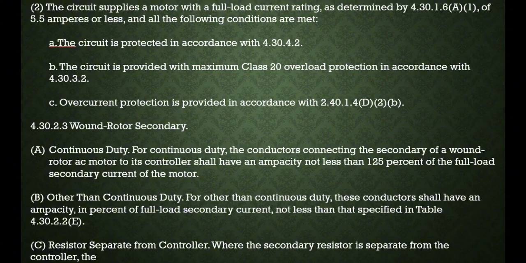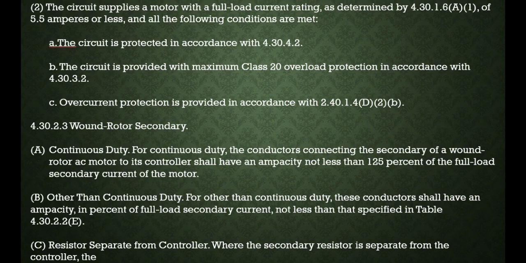And for motors with a full load current of 5.5 amps or less, circuits using 1.25 mm conductors must have protection per 4.30.4.2, class 20 overload protection per 4.30.3.2, and overcurrent protection per